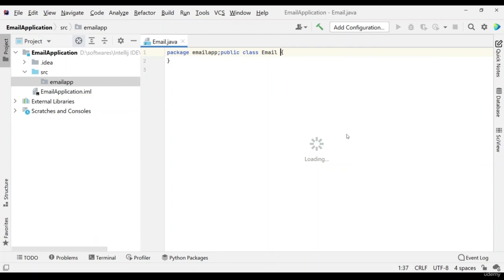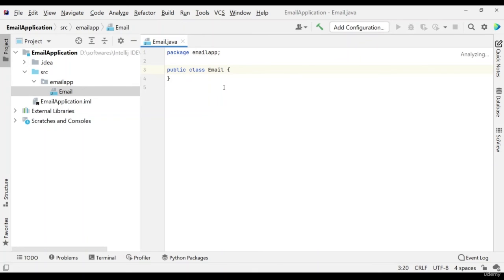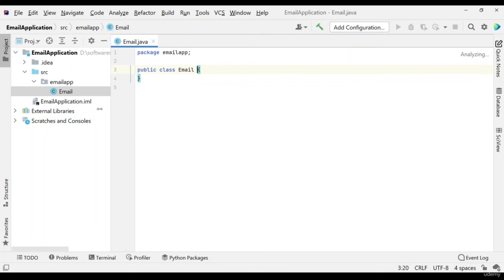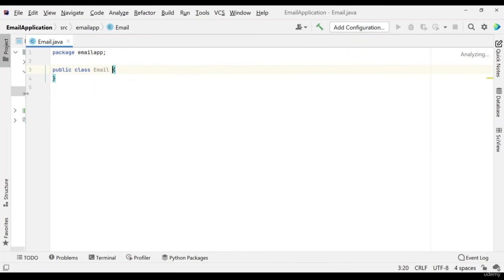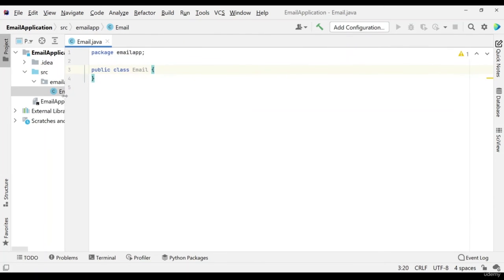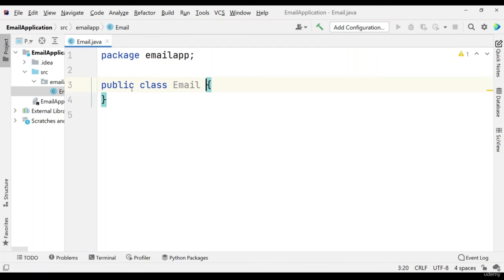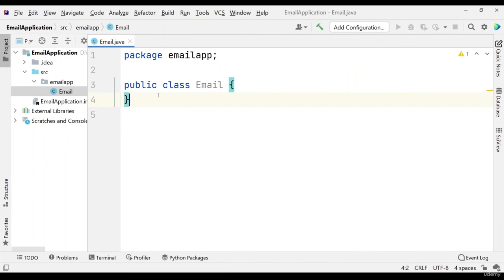As you can see, it loads this class for us with some default structure. Let us see what this structure is first. You can hide this part also here. I'm going to leave this, and let's see what this structure basically is. This is the package name email app we created, and under this is our class. So we are done with the primary setup, like public class email. This is the class syntax. Further on, we are going to see what is meant by class, methods, everything, and how we can proceed with our project in this.